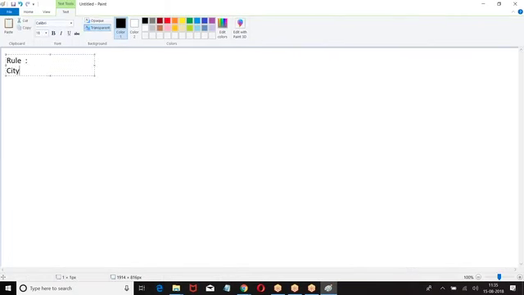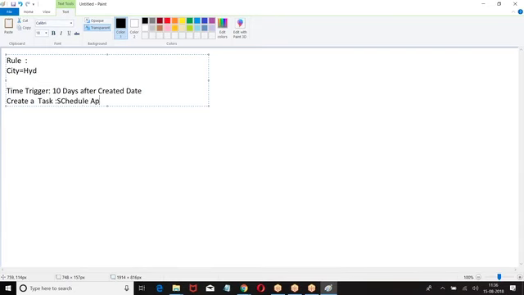Rule is city equal to Hyderabad, time trigger 10 days after. This is the condition. Rule city equal to Hyderabad, then time trigger 10 days after the record created, schedule a